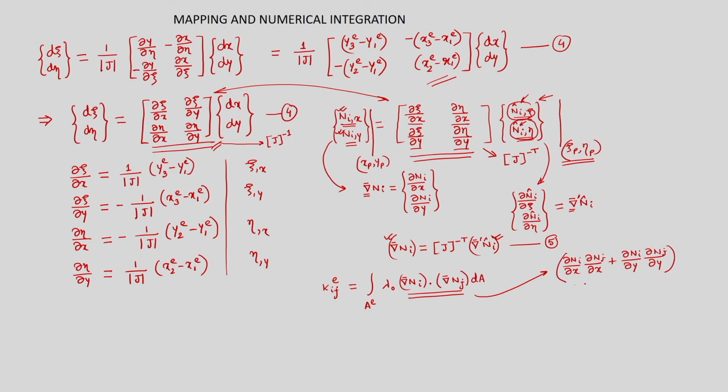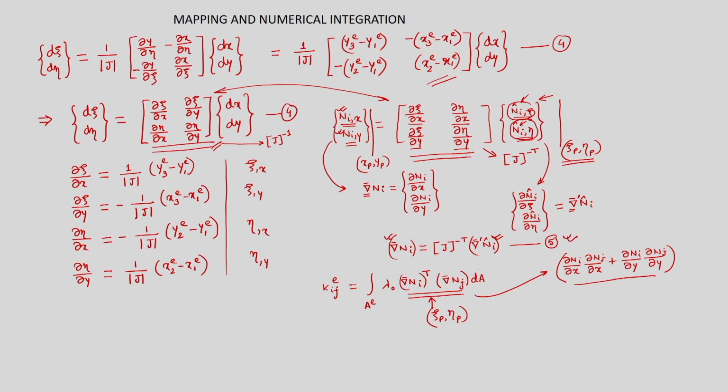Alright. So, this is the term that we had, that we have written as this, or in the matrix form if we write. So, we can erase this dot product and write gradient of Ni transpose gradient of Ni. So, that takes the dot product. Alright. So, now we have calculated these at a particular point in the master element, using equation 5.